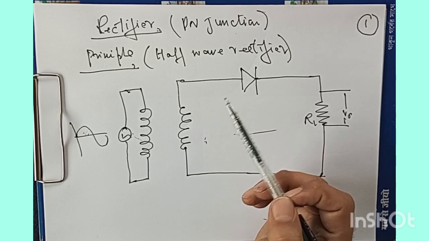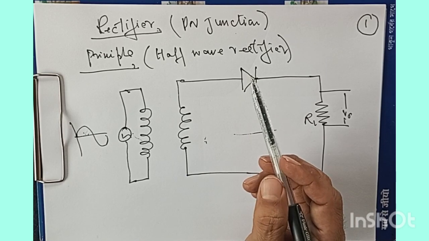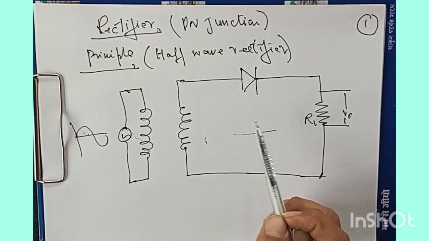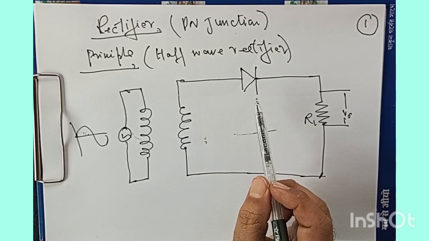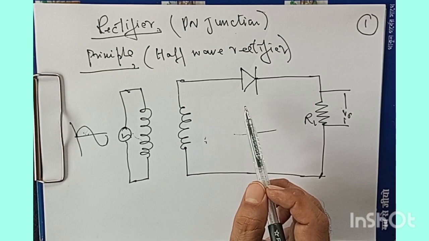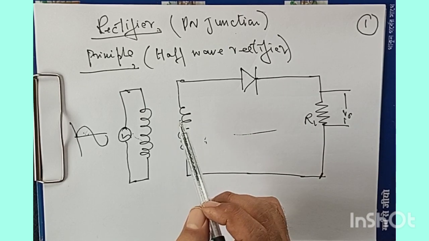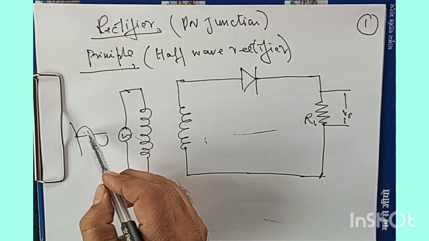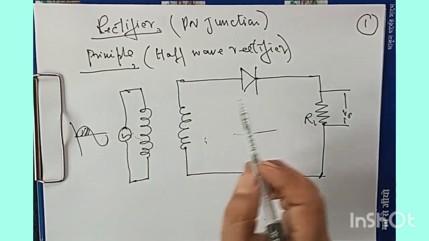The output voltage, which varies in accordance with the input half cycle, we would like to draw in terms of graphical presentation. So the point is clear here that for the positive half cycle of this signal, the PN junction is